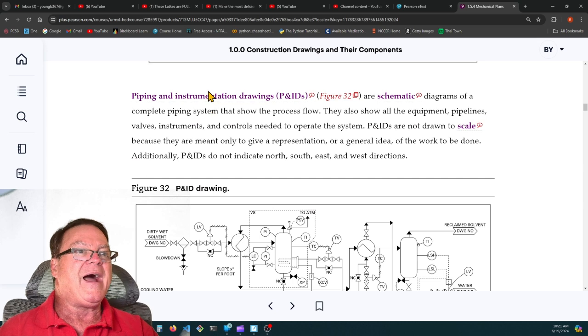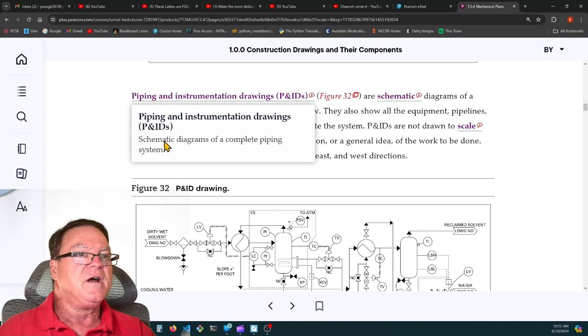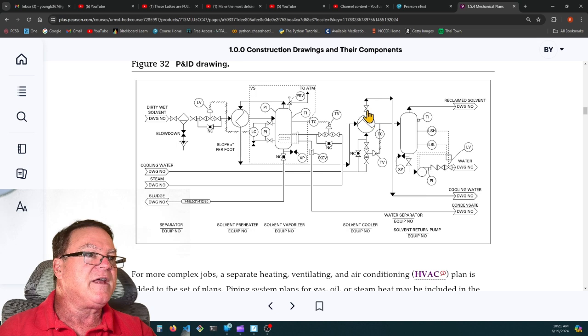P&ID drawings. Piping and instrumentation drawings. This is if you're doing a commercial or an industrial job. You have these schematic diagram of complete piping system. Here again, the bow ties are valves. You have